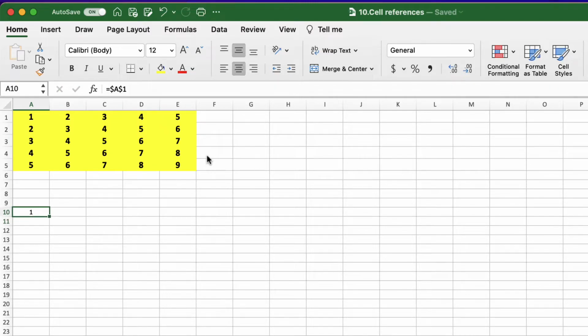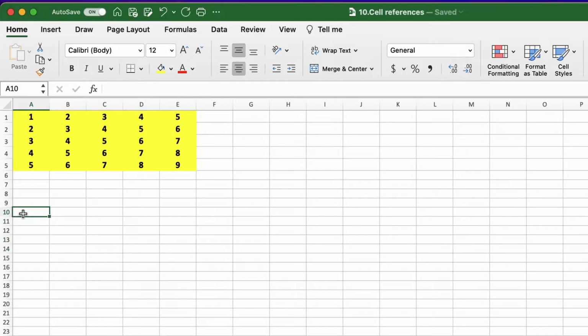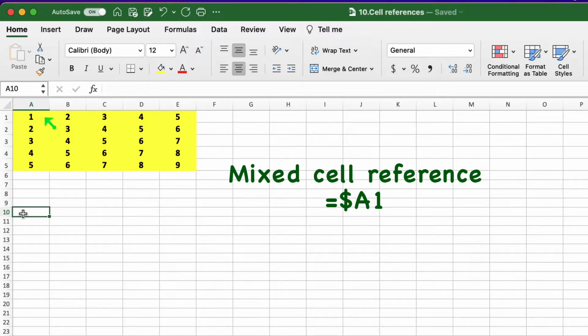In this case, instead of using the copy tool, let's use the autofill tool. For that, locate the darker corner at the bottom of the cell and click and hold, and then with your mouse, drag to the right and down to add the formula to the other cells. As you can see, all the cells have the same value and the same cell reference, so none of the rows and columns change.